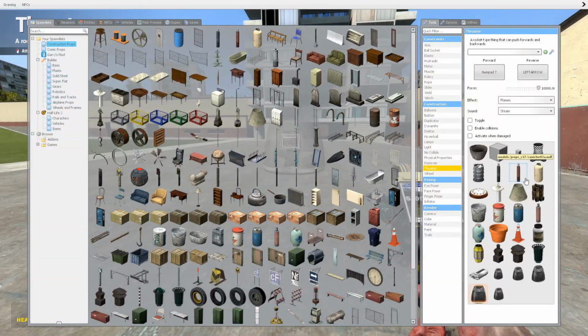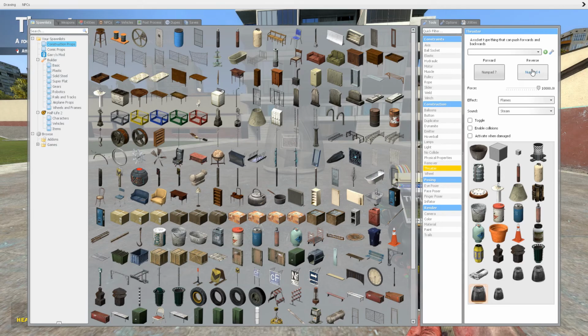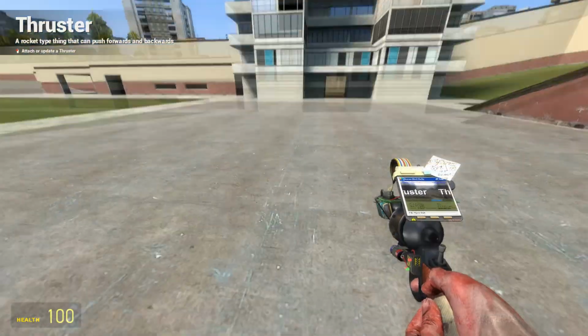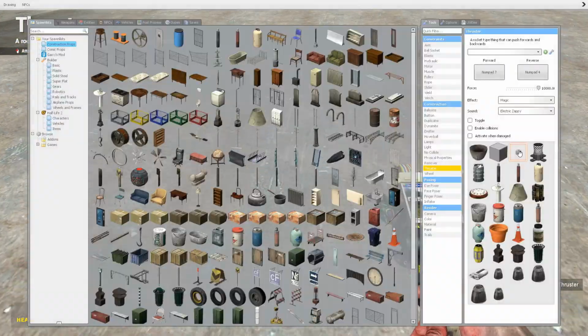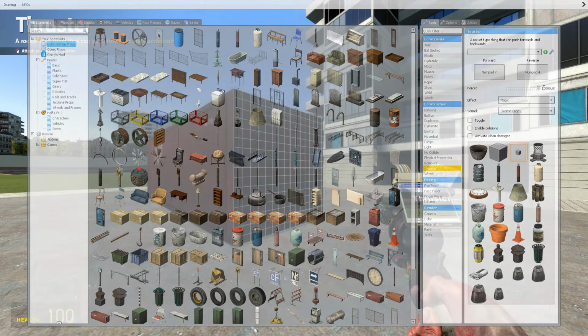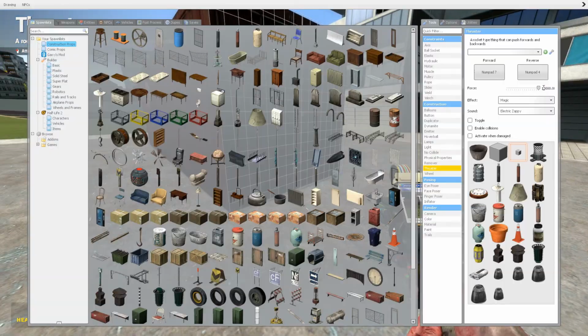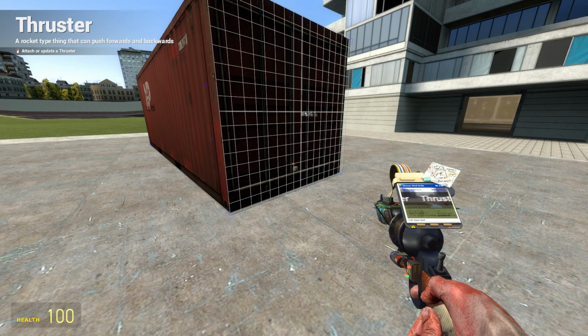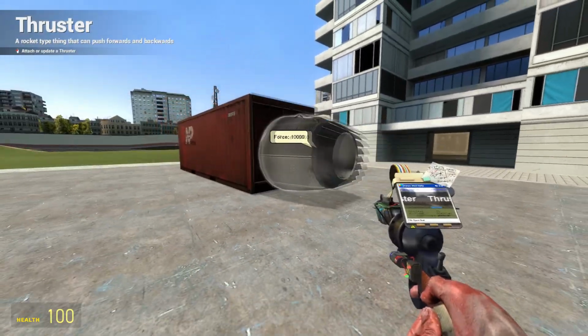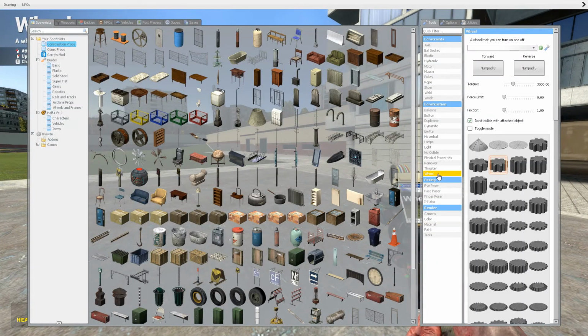Thruster, this is fun. Okay, so you select your keys, let's say 7 4, like anything else. Change how powerful your thruster will be, the effects, and the sound. You can select the model, and actually the size of the model will change how powerful the thruster will be. So let's say we have this tiny little thing right here, and we have this big container. If you put this tiny thing with a 10,000 force, it basically is not strong enough to push it. But if we change the size,